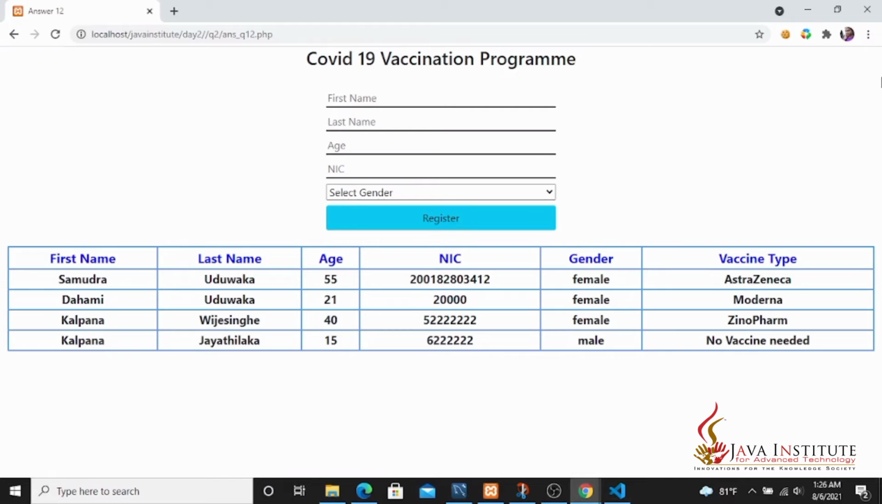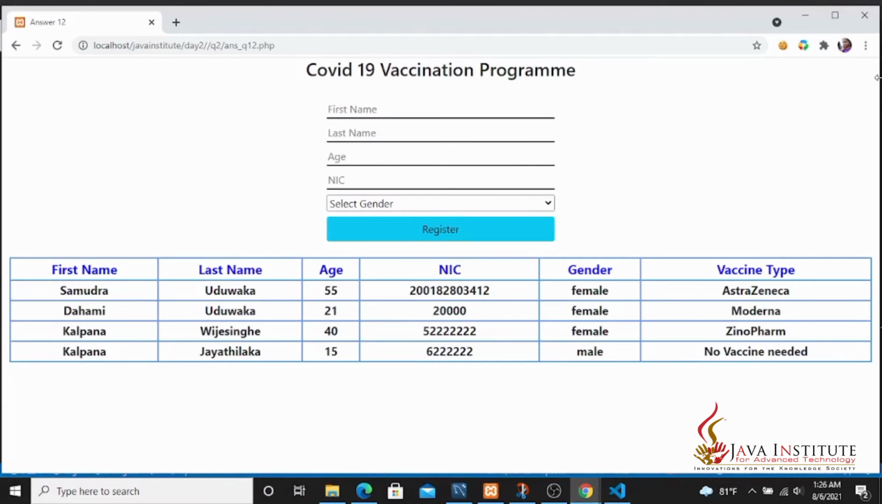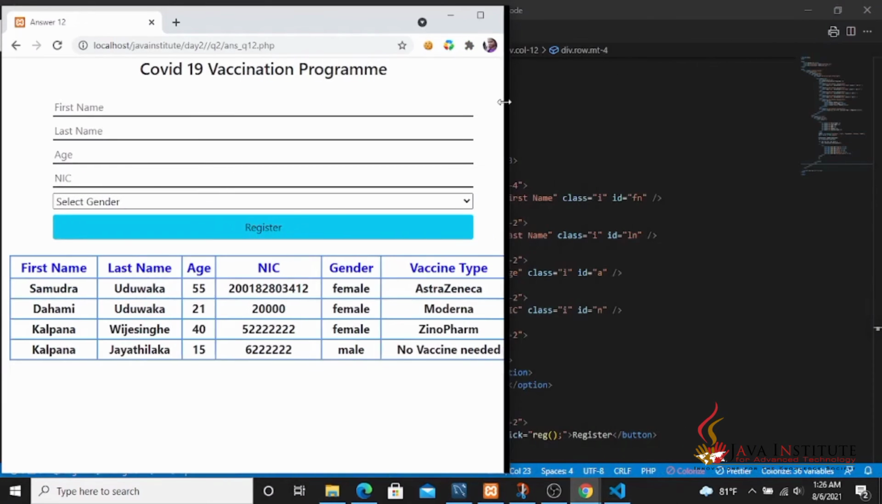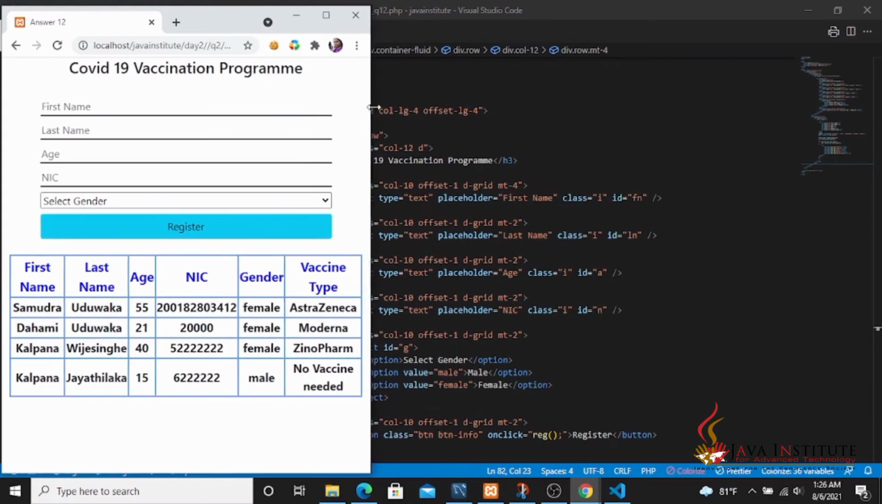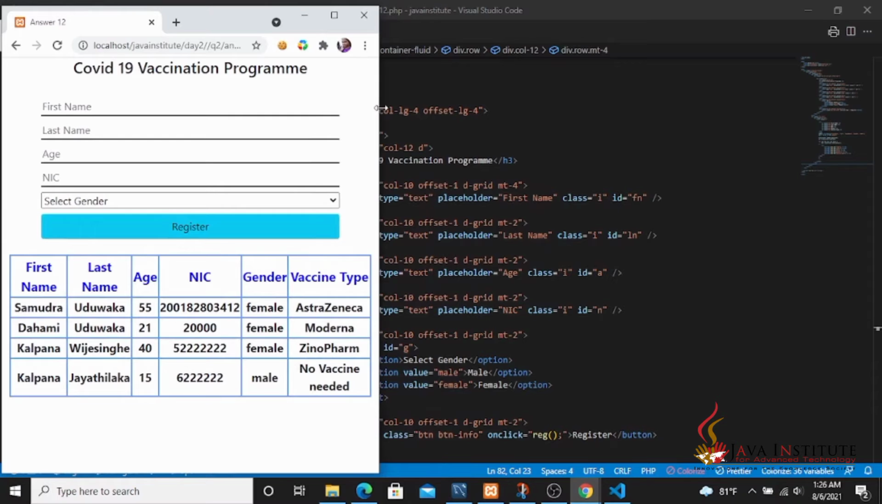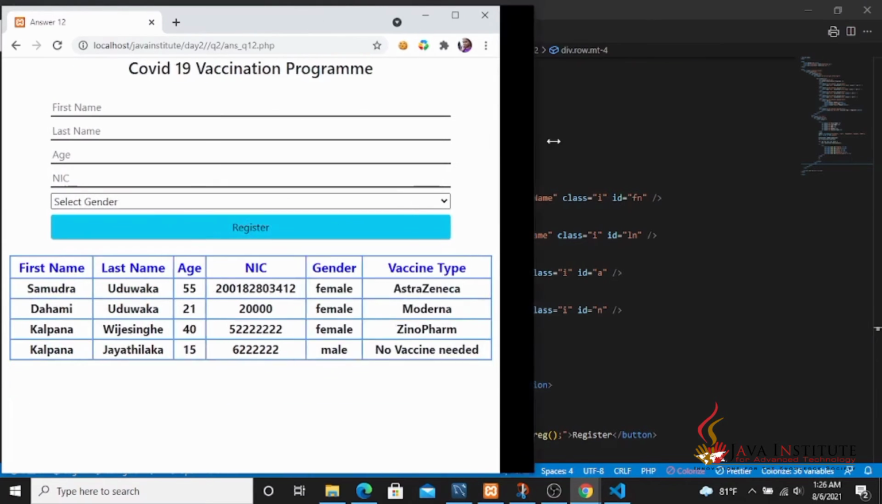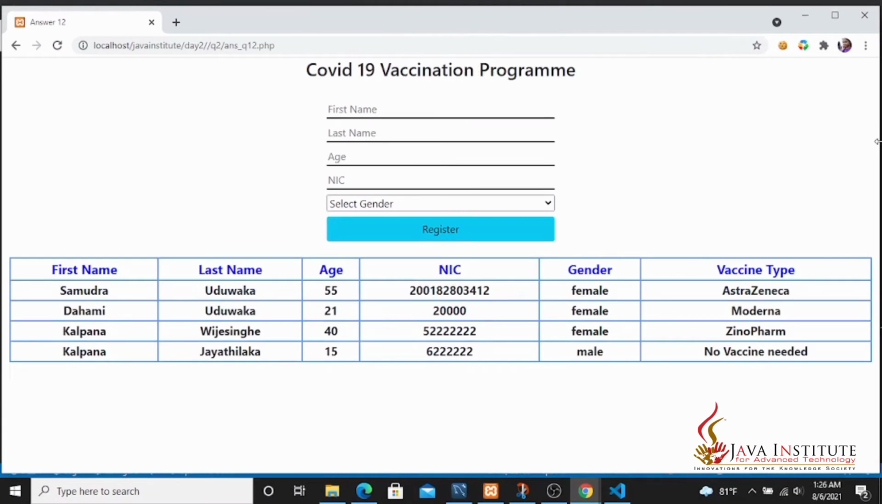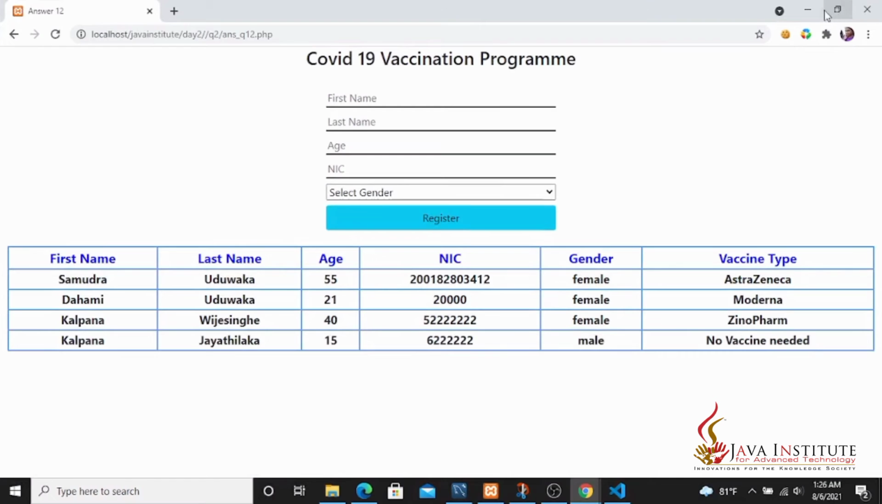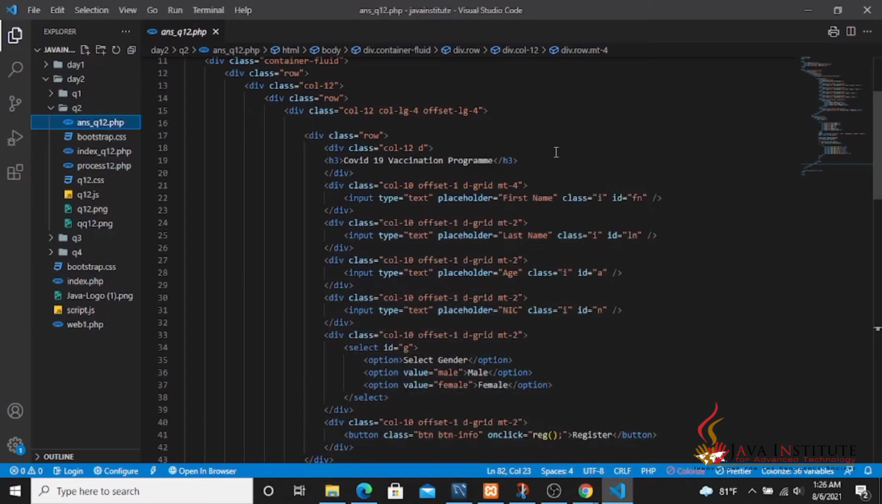So I'm going to show you it. This page is responsive to all the sizes. This is for the small and extra small devices view, then for the medium, then large, then for the extra large view. So here you can see